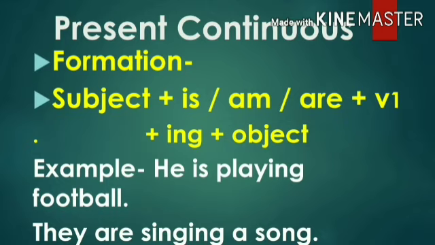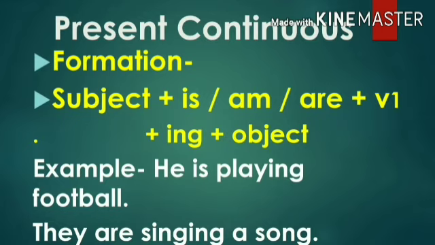Next, present continuous. The present continuous is used to describe when an action happened or may happen. You can use it to describe events that are happening in the present, right now, while you are talking about something. So I will not give more lecture. Come to the main point. What's the formation of present continuous? How will we recognize that this is a present continuous tense? It's very easy. Learn the formation. So let's see what the formation is.